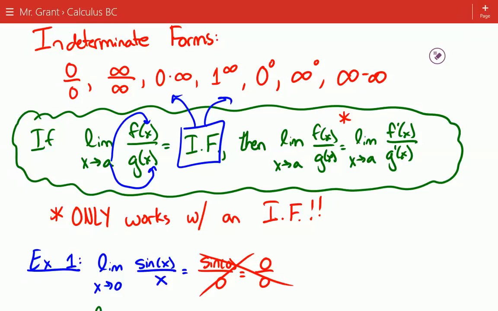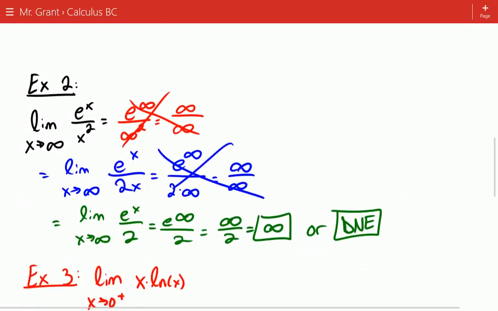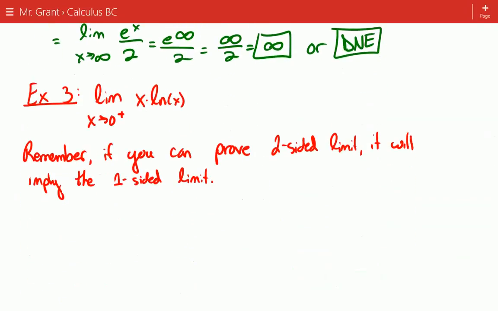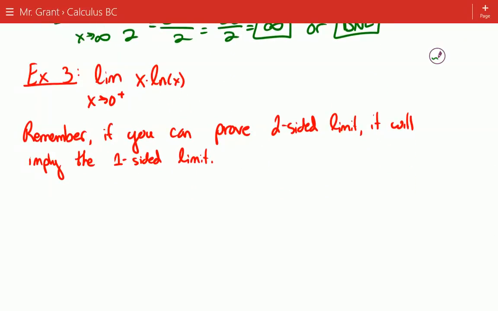Apply some of your algebra skills to rewrite the function so it's in the form of an indeterminate form, either 0 over 0 or infinity over infinity. And if you can do that, then apply L'Hopital's rule. So we take a look here. Okay, and we end up with the limit as x approaches 0 just from the positive side of x times